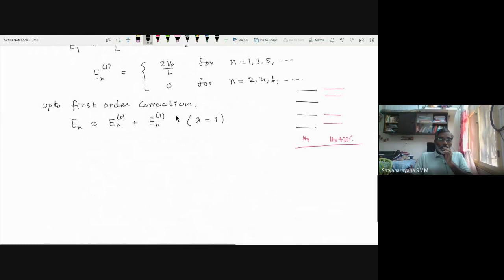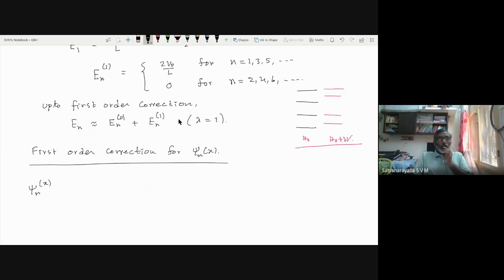So in the coordinate representation, the first order correction for the state psi n of x, your psi n1 of x, can be written as a sum over m not equal to n,